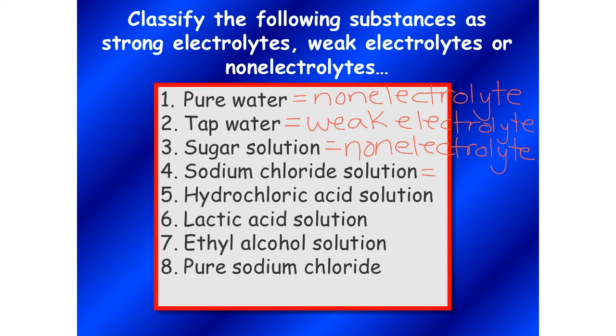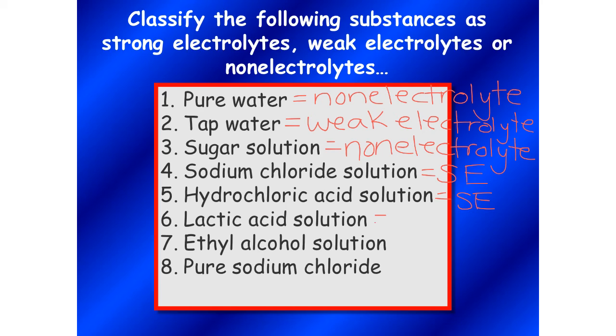Sodium chloride solution. That is certainly a strong electrolyte, which I'm just going to abbreviate, SE. So sodium chloride hits the water, fully ionizes. We have lots of ions, so it would be a strong electrolyte. Hydrochloric acid solution would also be a strong electrolyte. Hydrochloric acid is one of our 7 strong acids, so it will ionize completely in solution, making it a strong